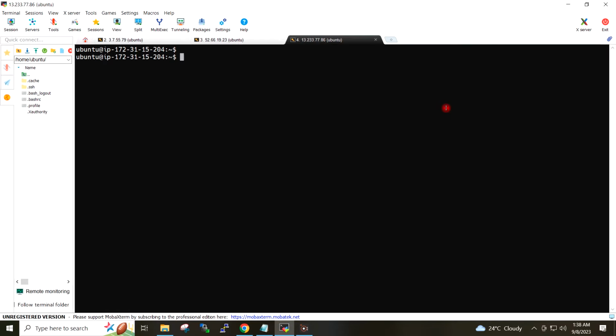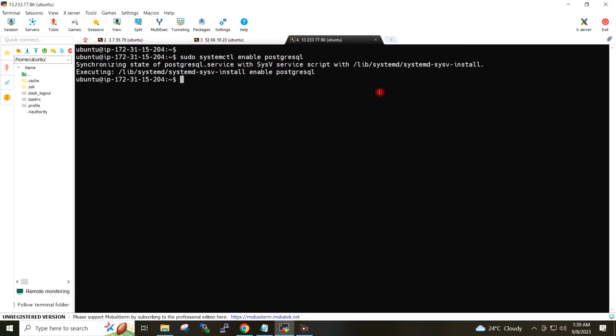PostgreSQL has been installed. I will enable it. Now I will create the database for the SonarQube. I will set the password.